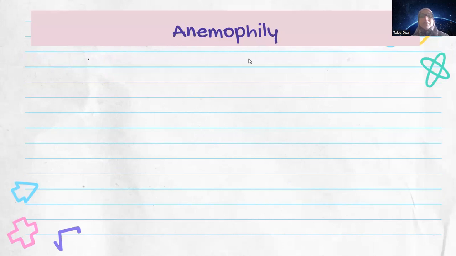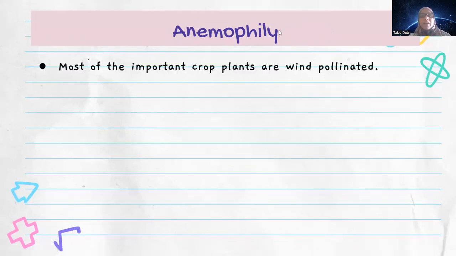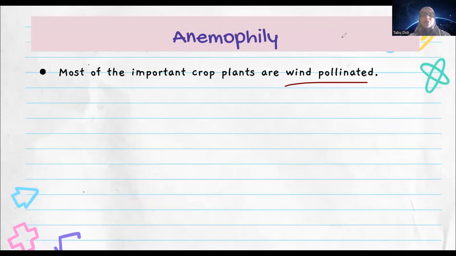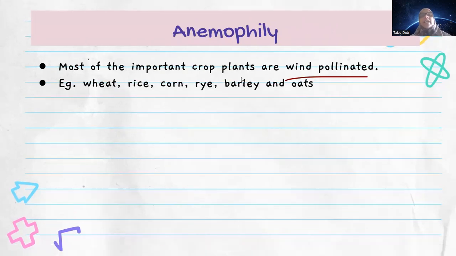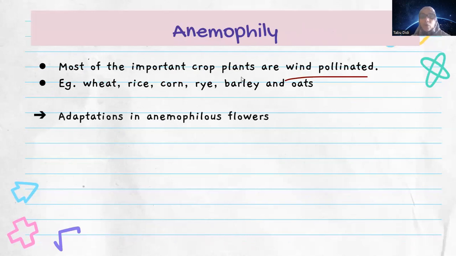Okay, let's begin with the first type, that is anemophily. Now, what do we mean by anemophily? Phily stands for liking or preference, you can say, and anemo stands for wind. So pollination brought about by wind. All the plants that do anemophily are wind pollinated. Almost all the crop plants are wind pollinated. Example, you have wheat, rice, corn, rye, barley, oats. All of these are pollinated with the help of wind,